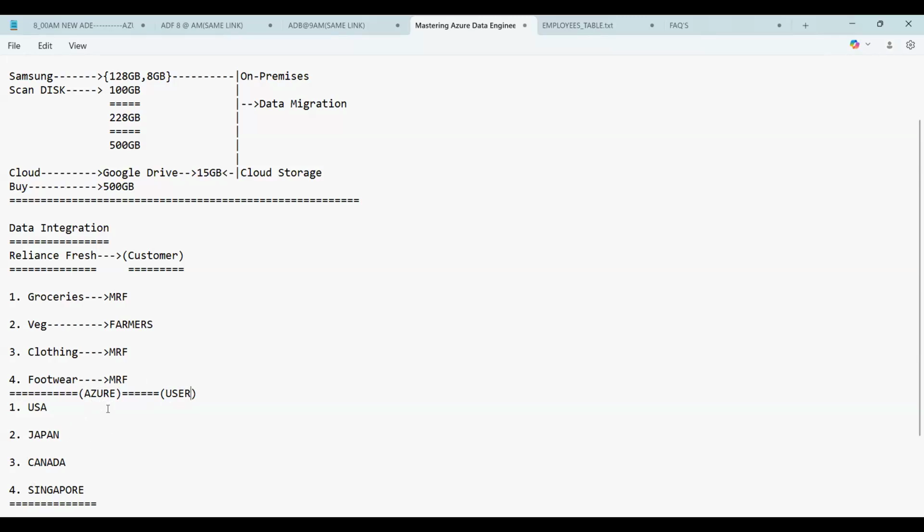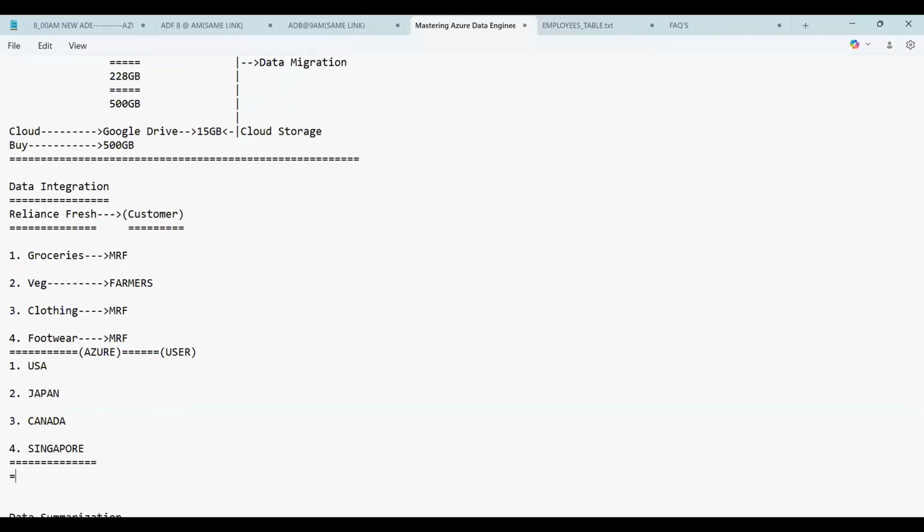As Azure, we charge the user, but what is the satisfaction the user has? Everything they are getting at one store, that is called what? Azure store. Azure is providing whatever data the user wanted, but the user is ready to pay Azure. That is different, am I right? So this kind of process is called what, guys? Integration process. So the same products I have replaced with the data, that's the only thing we have done. This is called the process of data integration.